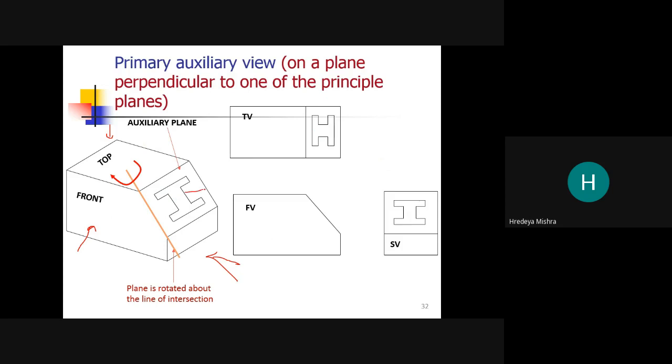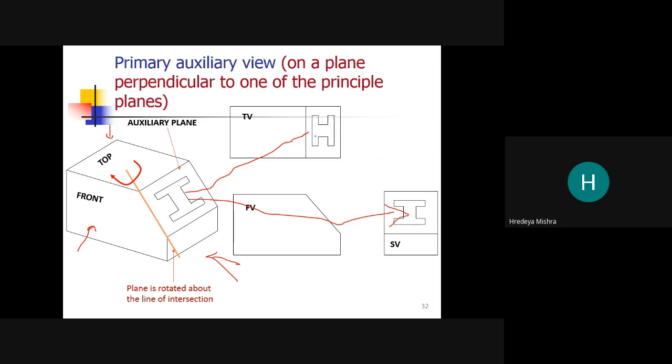There is much difference between this shape and this shape. In the front view we can't even see this slot. In the side view we can see this slot, but not its original shape.